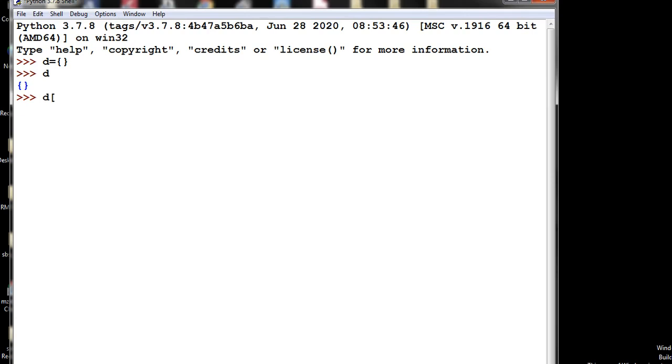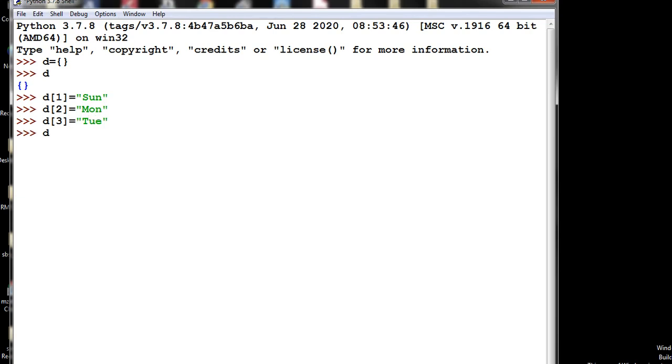Suppose I write 1, now the key will be 1, and suppose the value is Sunday. So 1 means it is Sunday. Now for the key 2, I will give the value Monday. Similarly, key 3, I will give it as Tuesday, something like this.